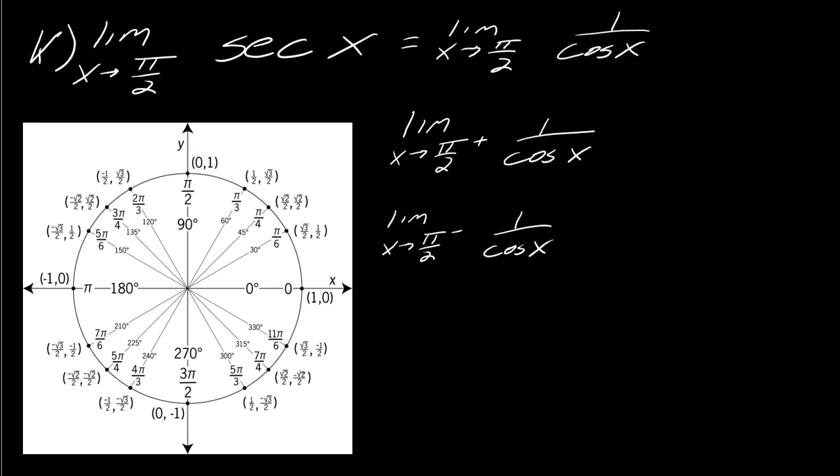So what that means then is now we have to think about the behavior on each side. On the right side of pi over 2, it's going to get more and more positive because we've got 1 over this little value, right? If you look at the unit circle, from pi over 3 to pi over 2, this x value is getting smaller and smaller, and it's less than 1. So if I take 1 over that x value, it's going to become a larger and larger number. 1 over a decimal ends up becoming a very large number. So I can tell just from this behavior that this side is going to end up going to infinity,